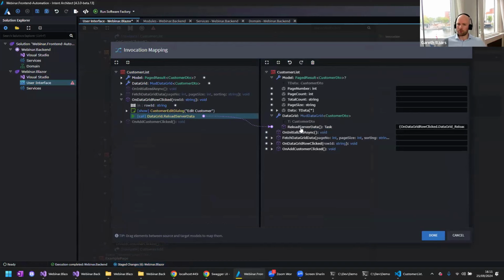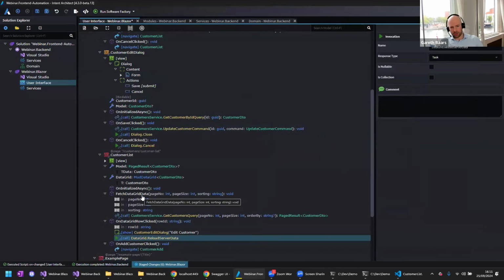And this is an example of me just communicating with this MudDataGrid. We could add all of the different operations that are available, as well as their parameters, and I could actually call those directly from Intent Architect if I wanted to. Of course, you can also code this stuff yourself. It's just here as an option, and it can really save you a lot of time